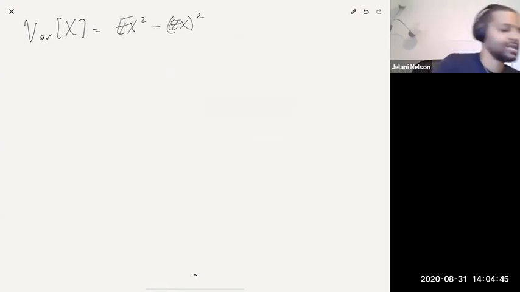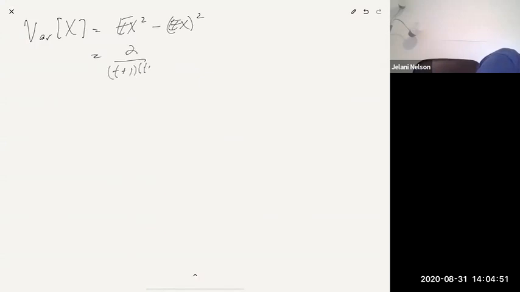So we know now the variance of x, right? We said it is the expectation of x squared minus the expectation of x, squared. So this is equal to 2 over (t plus 1)(t plus 2), minus 1 over (t plus 1)(t plus 1),